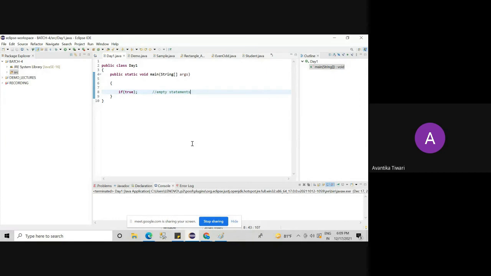As we are not performing anything, no output is being shown, but the compiler is completely okay with it. Okay, such statements are called empty statements. Now, the next thing that I want to tell you is one more case. Are you noting down all the things in your notebooks? Yes, ma'am. Okay. So next is if true.